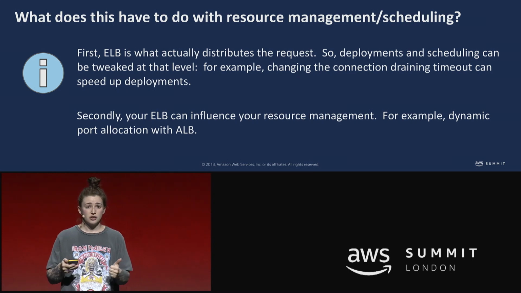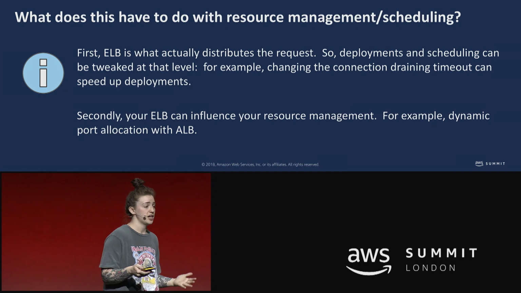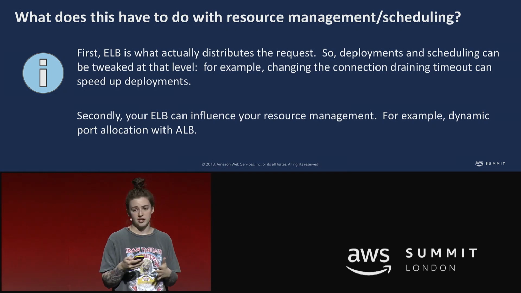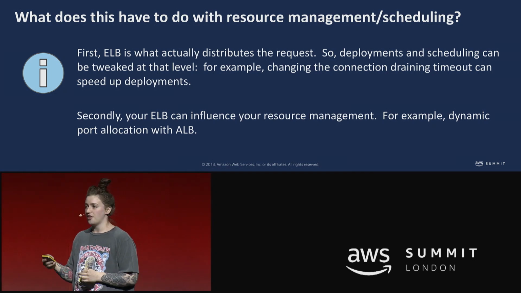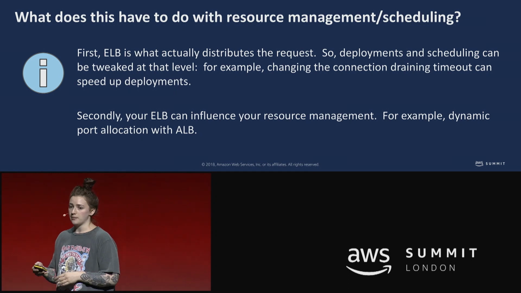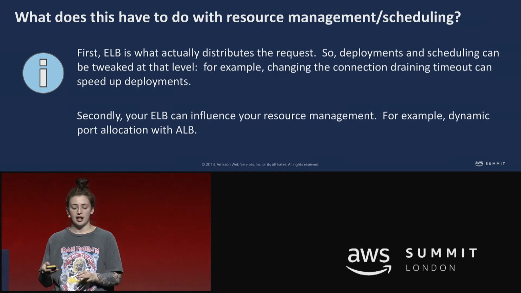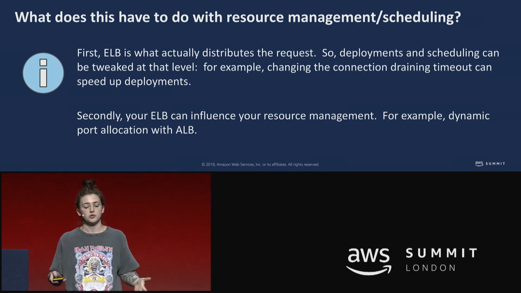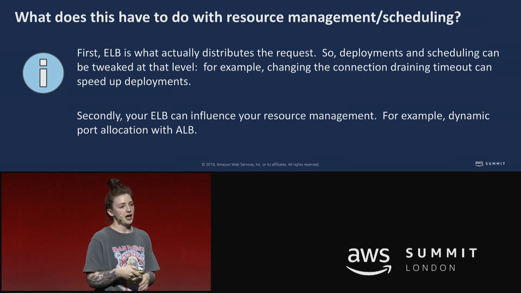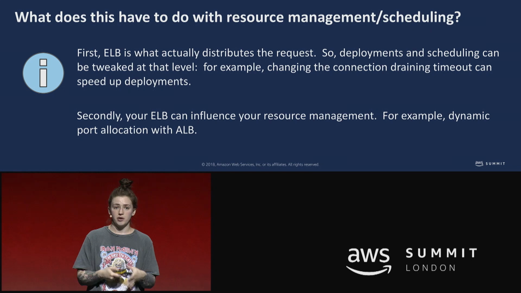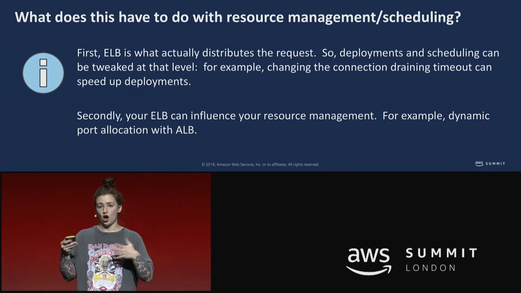It's also health checks. So checking, for example, 15 times, 10 seconds apart before something is considered healthy or unhealthy, that slows your deployment down. So there's some load balancer settings that you can check that help not only with your deployments, but also with your resource management. And secondly, with port allocation and ALB, you can effectively remove one of your hard constraints, which